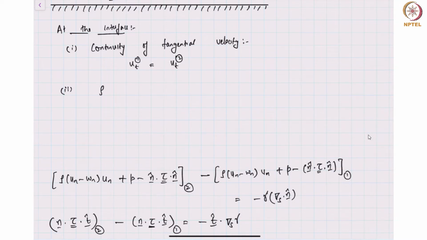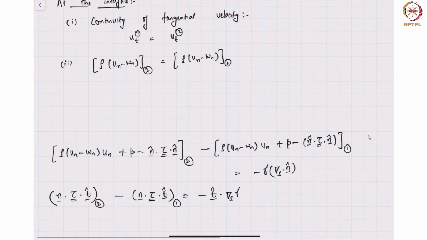So you have density 1 times un minus wn is equal to density 2 times un minus wn, where wn basically is the velocity of the interface. And then we have the normal stress balance